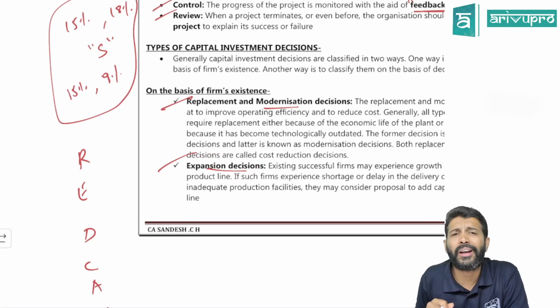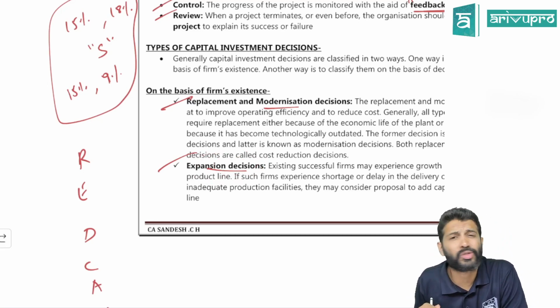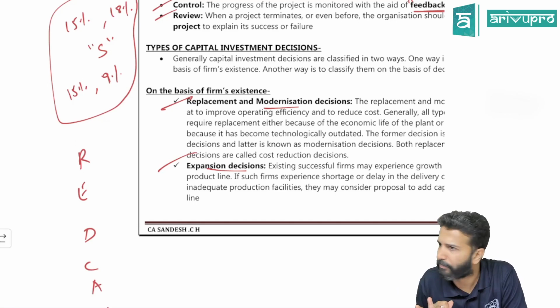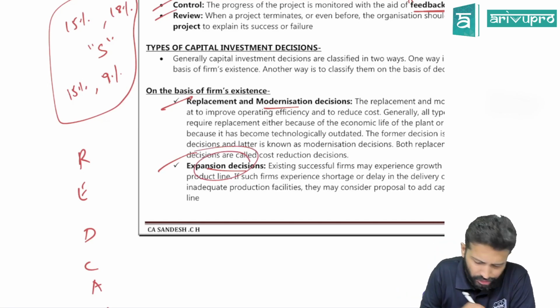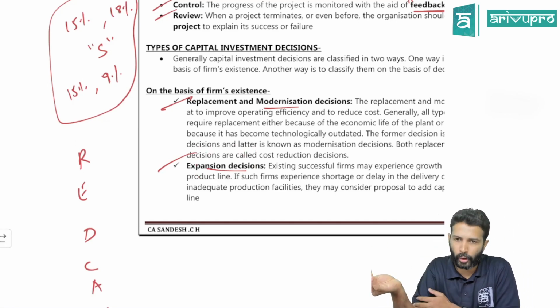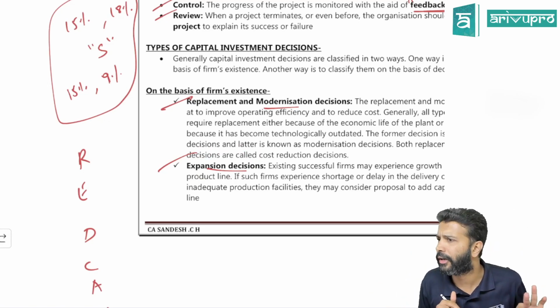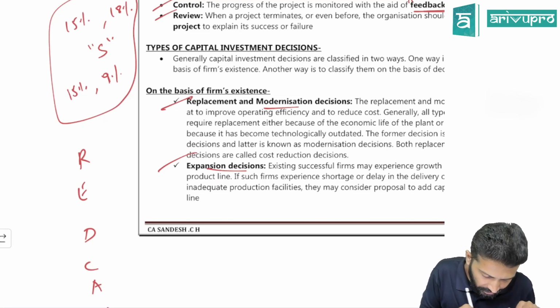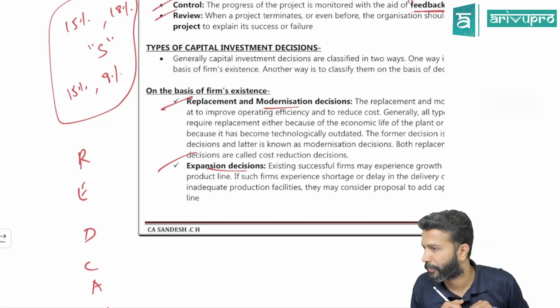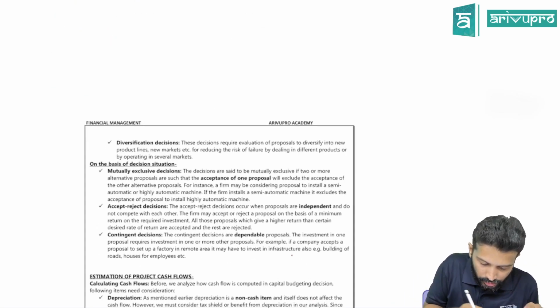Currently, we may be looking at an expansion decision of, let's say, opening up another branch other than in Bangalore. Maybe we are looking into it. Let's see if it happens or not. So that's your expansion decision: opening up a new outlet, etc. Self-explanatory. Okay, D for diversification, there on your next page.